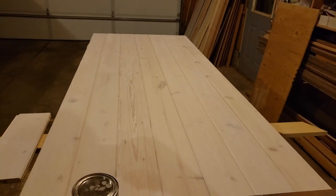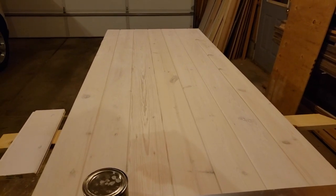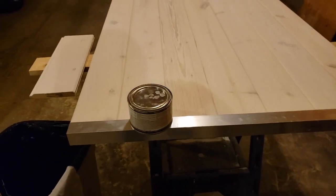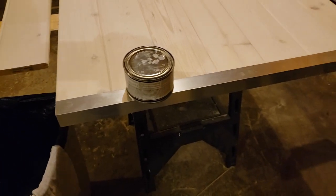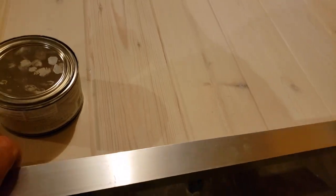All right, here it is, evening, and the door's still tacky in places. But I'm going to go ahead and at least get my bracing in. So I've got this 1/16 thick piece of angled aluminum, and I've got it marked where I want to cut it. And aluminum is soft enough that you can actually cut it